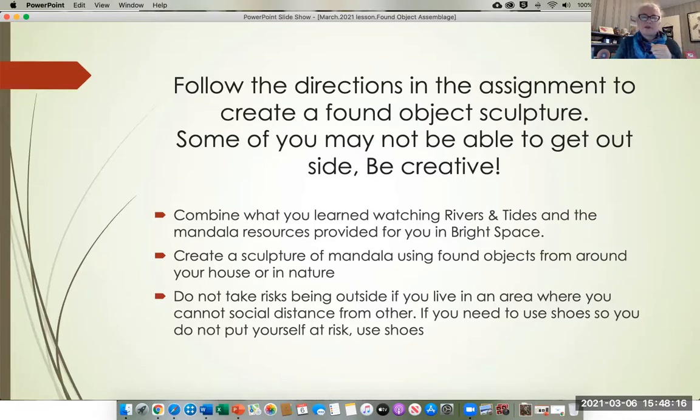Do not take risks. If you are in quarantine, or you live with somebody who doesn't want you to go outside for whatever reason because we're in COVID, or you don't live in a safe area where you can just sit outside, or if you live in a skyrise and you really can't get to nature easily, that's okay. You could use things from around your area. I've had students use cigarette butts and things from the house and all kinds. I don't recommend cigarette butts because they're gross, but it was a desperate time. So anyway,